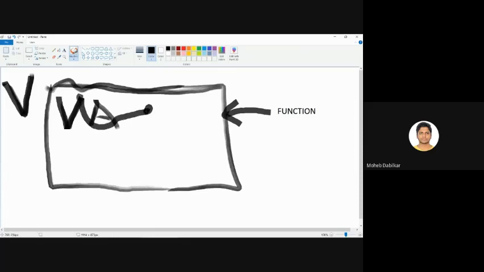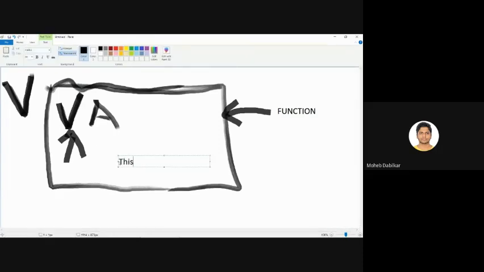So now you want to access this v inside this function only. How you do that is, you will say this. Let me pull up a nice example for you.